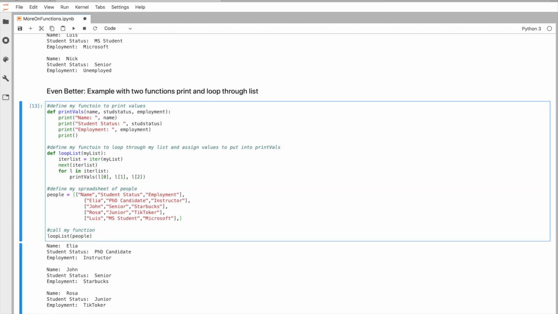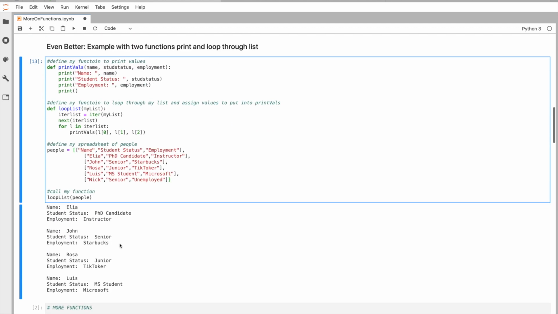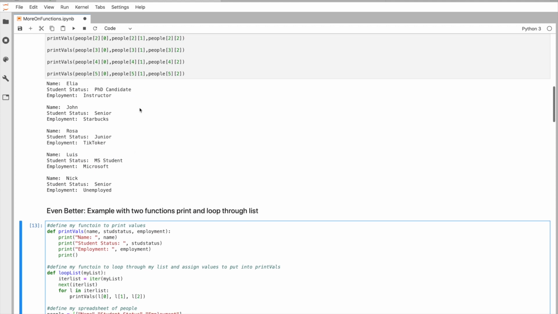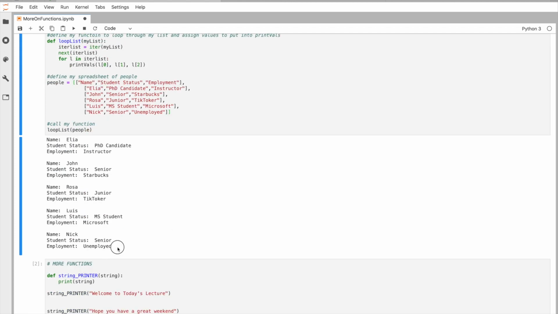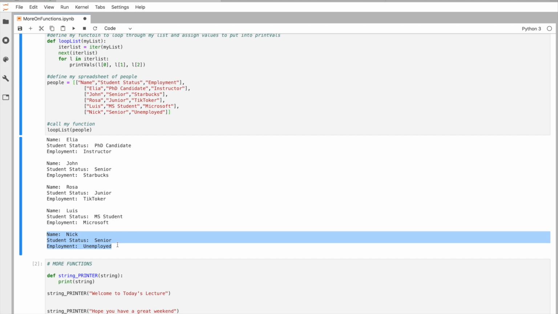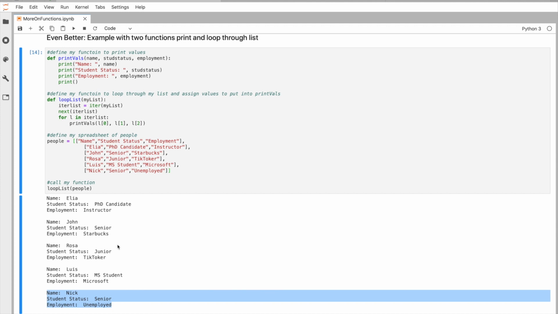We would no longer have to really do anything other than add the name, obviously the values to my list, but now, instead of having to rewrite all of this stuff, we wouldn't have to do anything. It's automated. So now Nick is printed, even though we didn't touch anything else other than our list of lists. So that's kind of the best solution for this